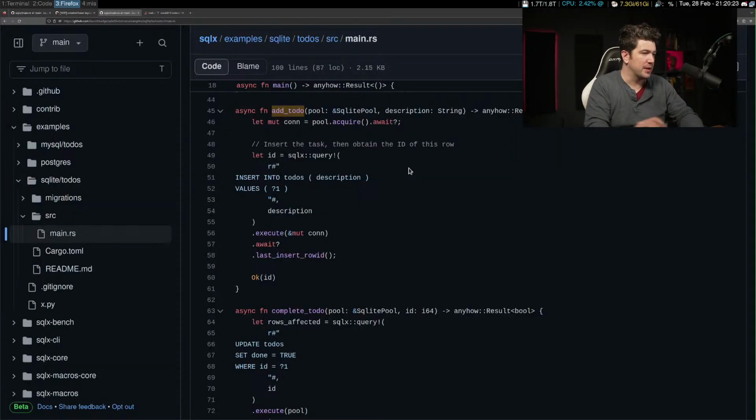And then with our connection pool, they have this query macro. This should fail. We're just going to run this though. This should fail.